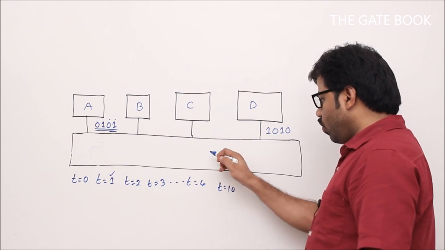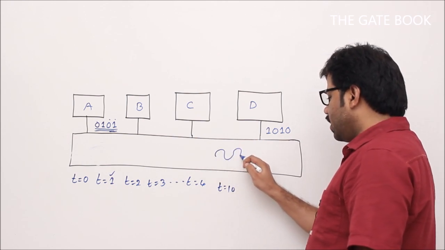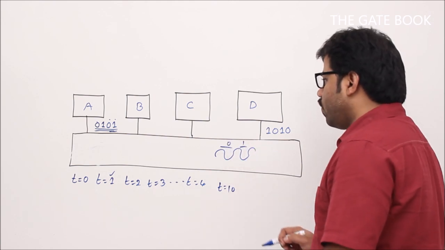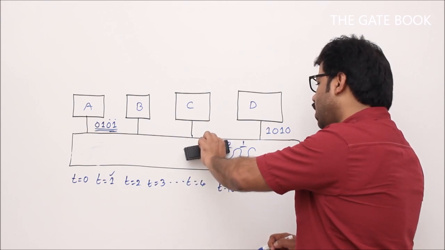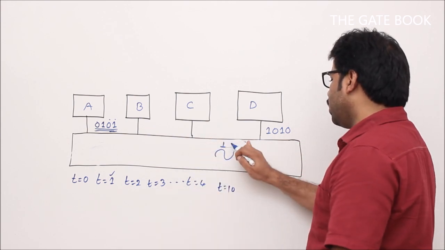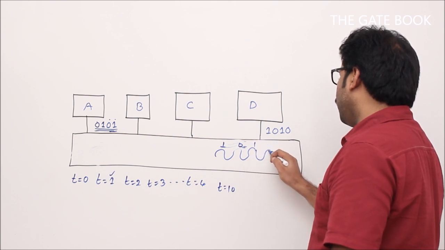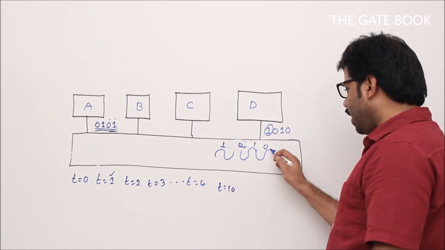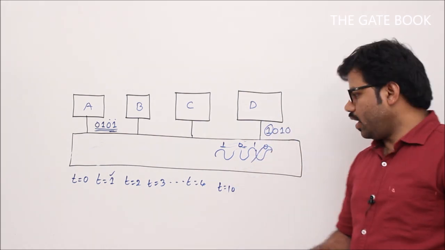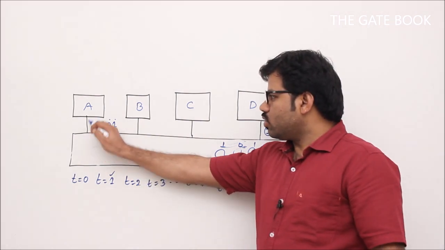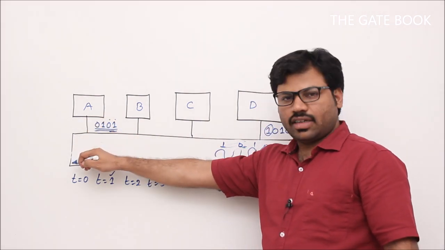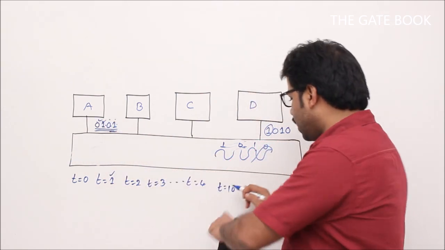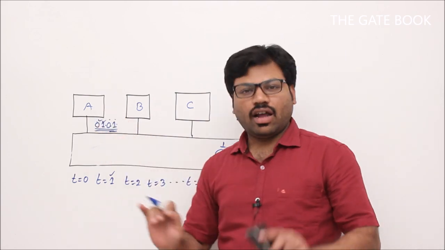assume your 4 bits look like a signal now. This is 0, this may be 1. The first bit we know is 0, correct? The last bit is 1, so it will be like this, 1, then 0, 1, 0 will come here. By that time, the first bit of D is also coming onto the line, and it will touch this 0. Now what I want to say is, so far A was detecting the line, that means it was sensing the line. But after sending all these 4 bits, by the time t equal to 10, A has already sent the entire